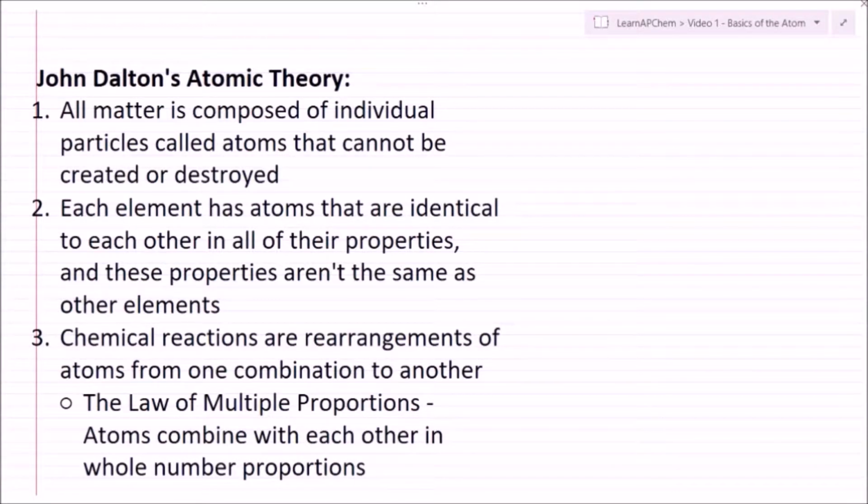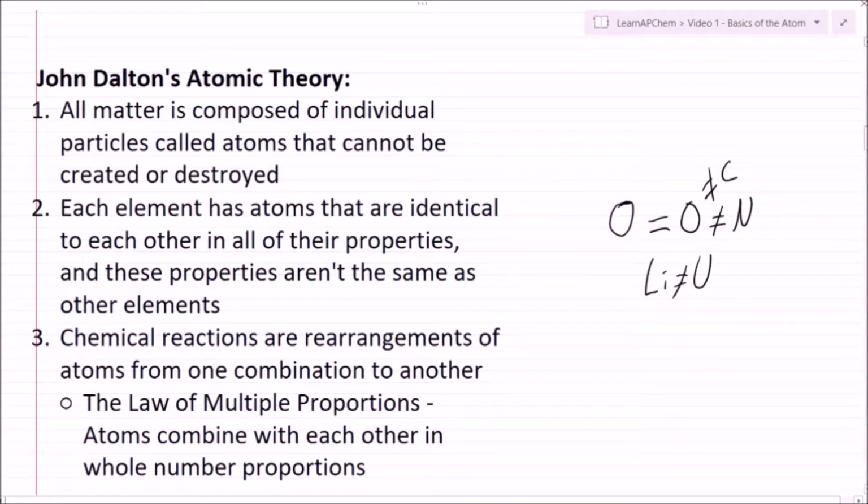So all this is saying basically is that if we have two atoms that are the same, let's say we have two oxygens, they're going to be identical in all of their properties. However, if we have a different element, like nitrogen, they might have some common properties, but all of their properties are not going to be the same. And this would go with any other pair of different atoms, so say oxygen and carbon, or maybe lithium and uranium. These are not going to have all the same properties,